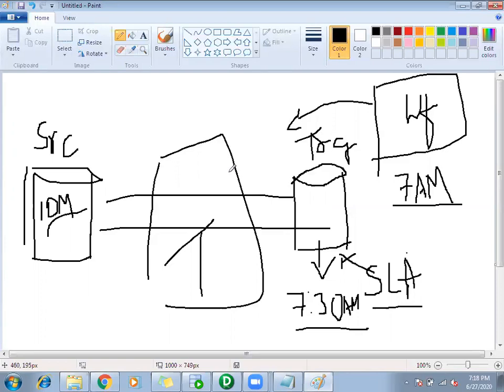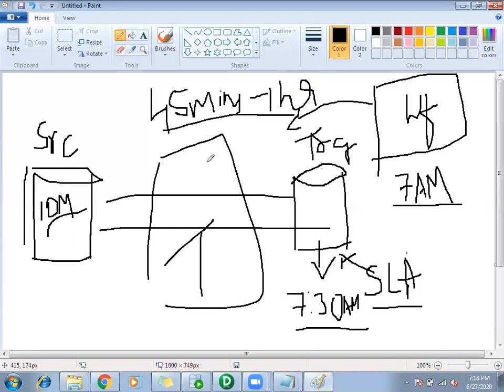Now after that you say that this workflow is running for 45 minutes, almost 45 minutes to 1 hour, every day when I run it. That means there is some performance issue as per the SLA they have provided. They want me to complete this flow within 30 minutes, but as per my coding, it is taking almost 45 minutes to 1 hour.